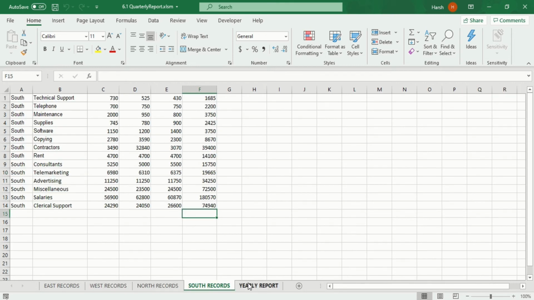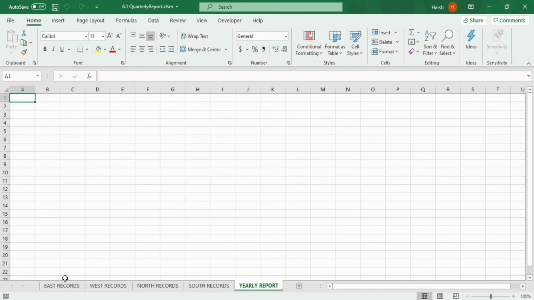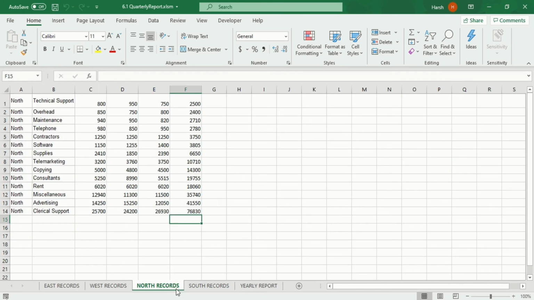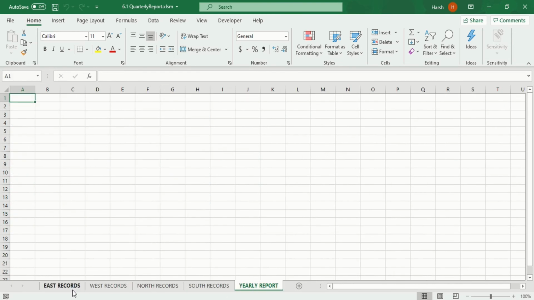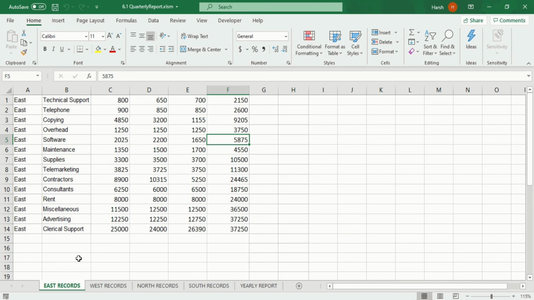While we have to submit a yearly report by compiling all these records and making the adjustments within these records also. That means first of all we need to add a row in here, a row that will serve as a header. In earlier videos, I have told you how to make those headers and how to write the macro for them.